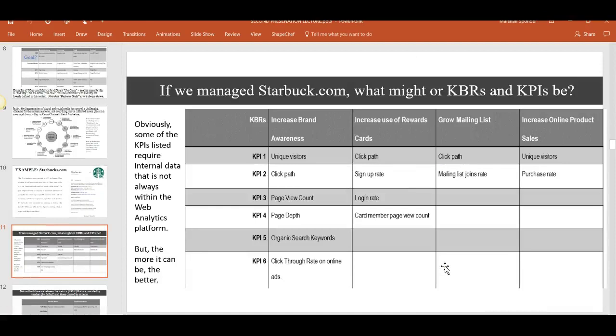Obviously they had brand awareness, rewards cards, growing mailing lists, and so on. So these different analytics here, these key performance indicators, are actually things they can measure on the website. They've got pages for that. They can look at click path. They could use the purchase rate, and so on. And they have to figure out which ones would be relevant.